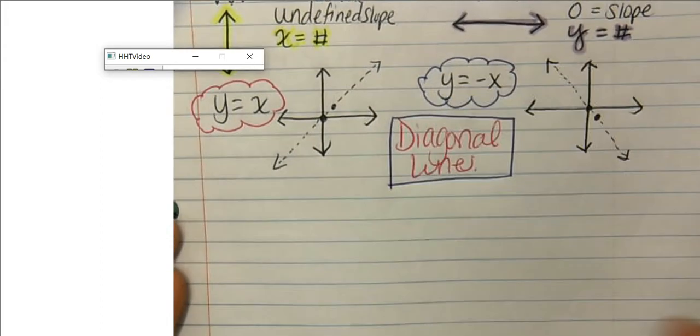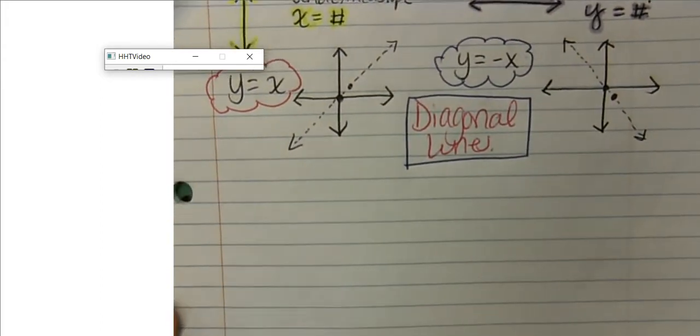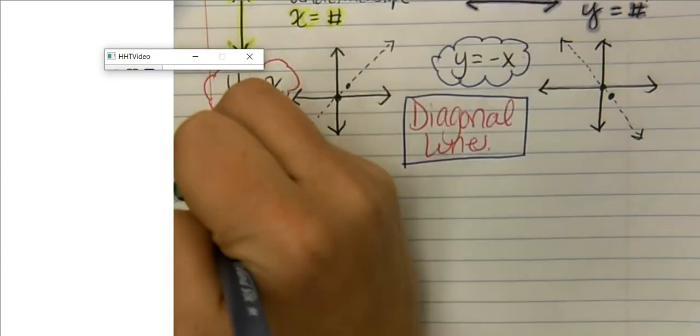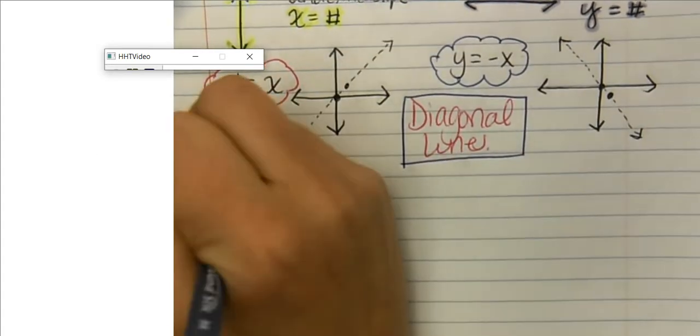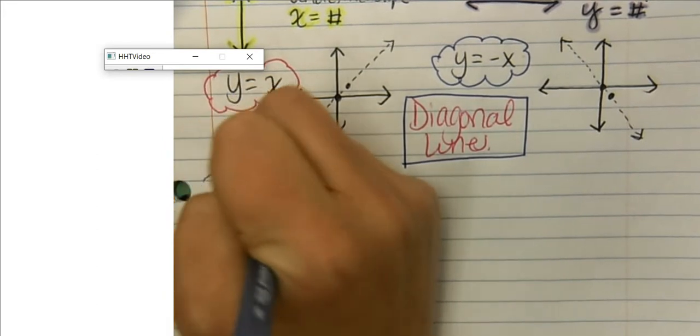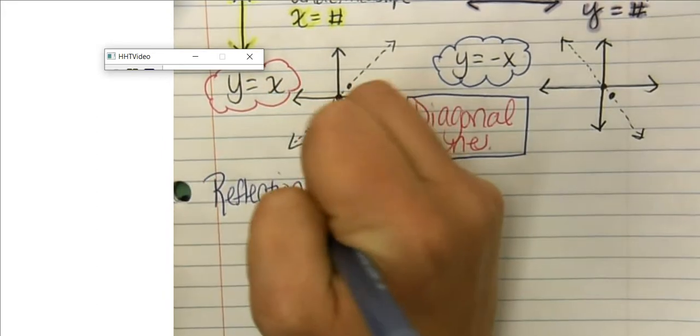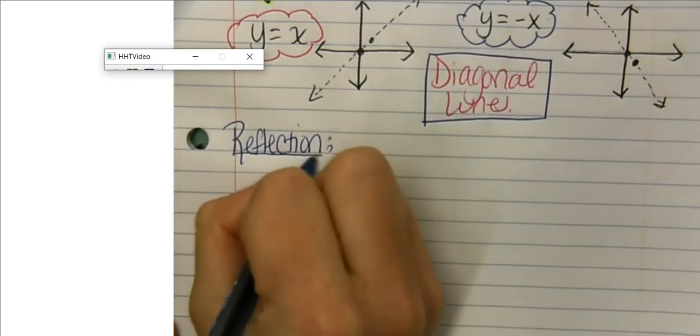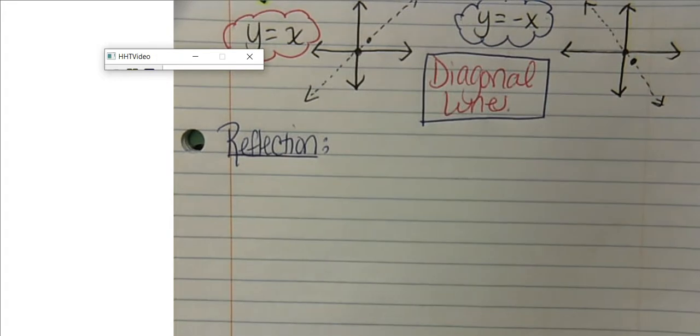Both of these are diagonal lines. All right, so reflection. What is a reflection? A reflection is something that you are probably familiar with. We look into the mirror all the time, every day, in order to get ourselves ready for the day. And what we see when we look in a mirror is a reflection of